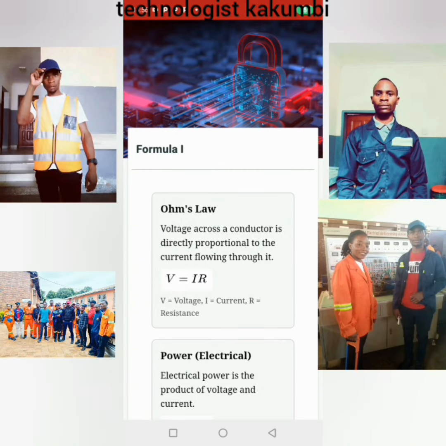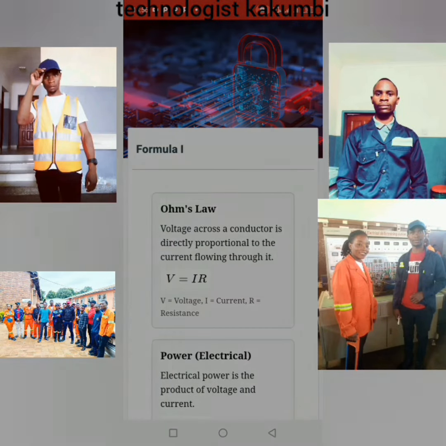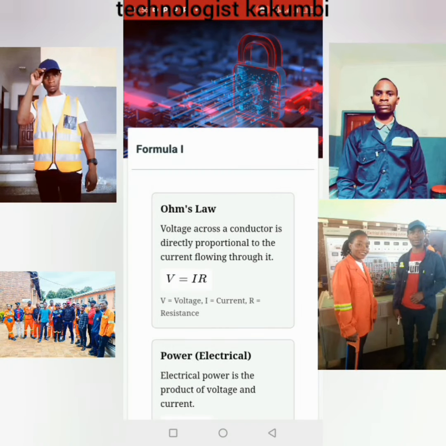All the new technicians, engineers, technologists, in short, for those who are joining us in this field of electrical engineering. I want you to be following me as I'll be helping you, giving you the foundations of this field. The foundation that we need to understand, that you need to understand even before you take the step of this